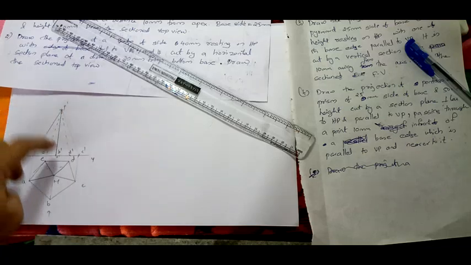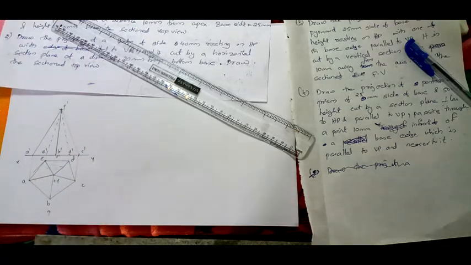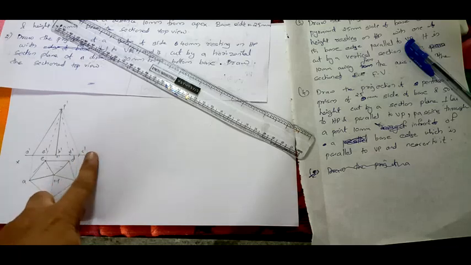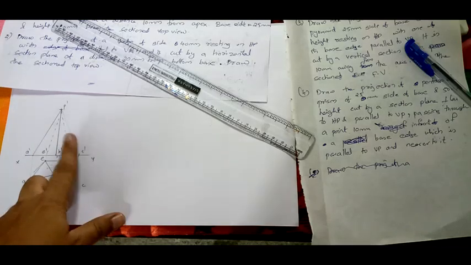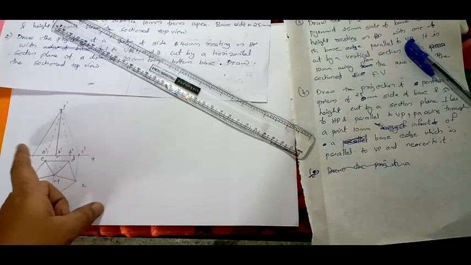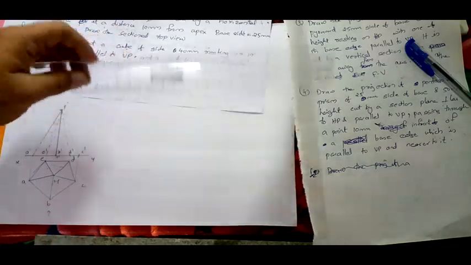See, A dash B dash, A dash P dash, B dash P dash, C dash, D dash E dash, everything is independent, right? Usually it is not. Usually while you are drawing, some A dash and B dash will be on the same line, but there is nothing like that here. Every face edge is independently shown. Some may be visible, some may not be visible, but every face edge is standing independently. Now you have understood this, right? So we have completed the projection.